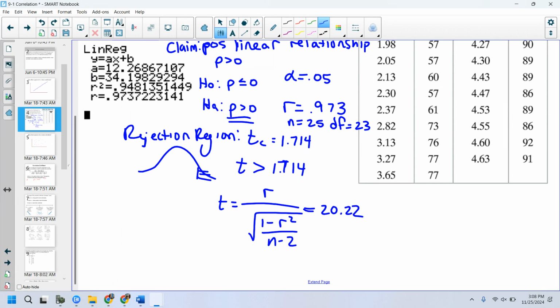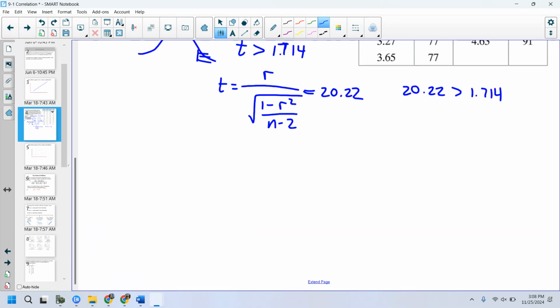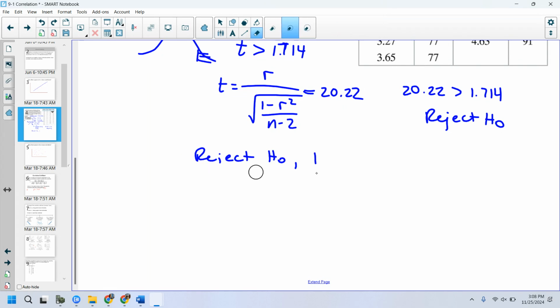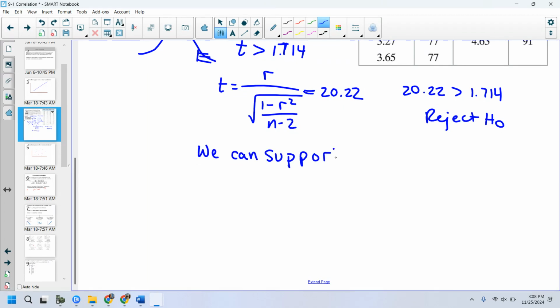20.22. So because 20.22 comes out greater than 1.714, we can reject my null, not reject my claim. So we can reject the null. Actually, I should really put this in terms of the claim. We can support the claim, reject the null, therefore supporting the claim